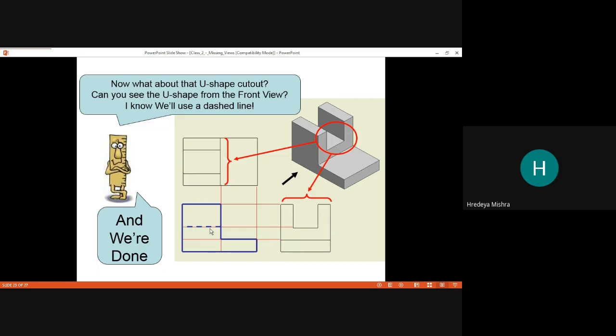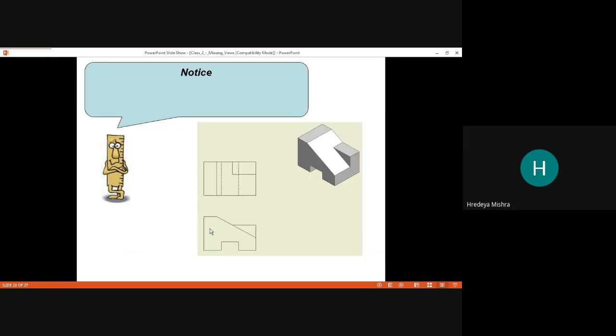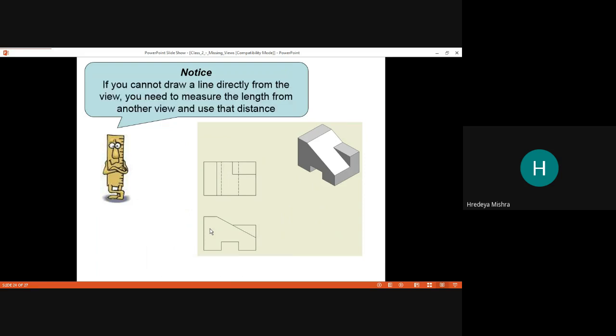Now what we have to notice: if you can't draw a line directly from the view, you need to measure the length from another view and use the distance.